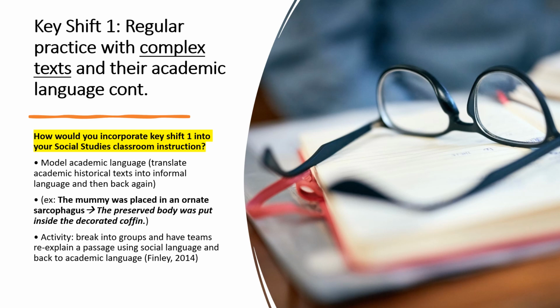We can model how to frame things in an academic manner, how to translate historical texts in more informal language and then back again. I use the example here about ancient Egypt history when we talk about the mummy